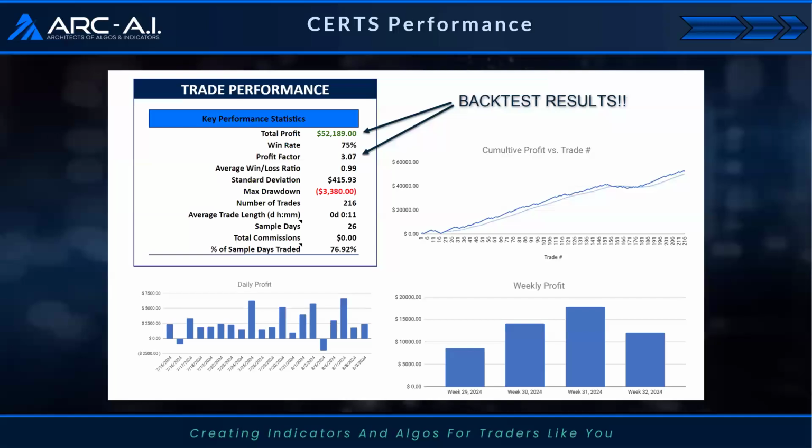And it was insane: 1-to-1 or greater risk to reward multiples, 75% hit rates, over 3 profit factors, and over 200 trades. We have a huge sample size. The reason we were able to do that is because there's a lot of opportunity. We have a few signals and we're trading 4 markets. What's nice is you're trading the same strategy on multiple markets.